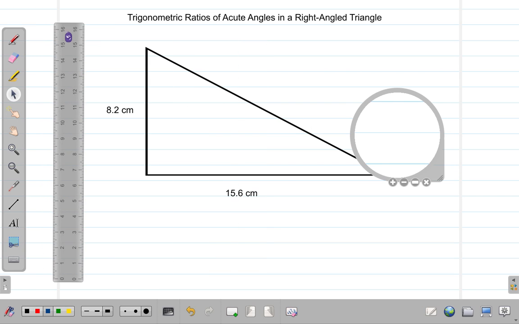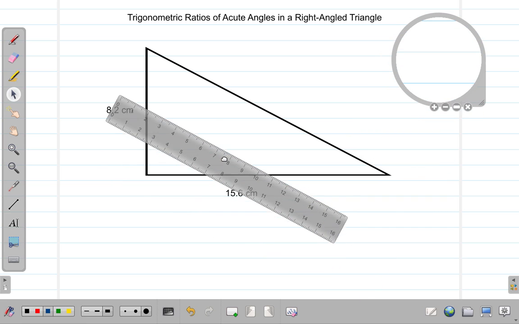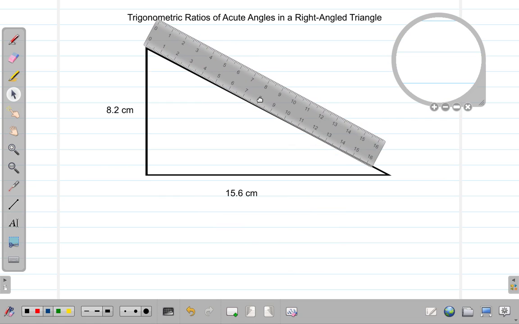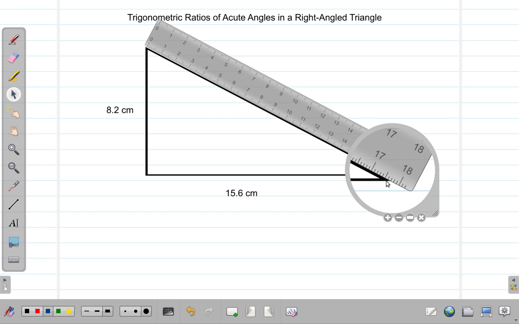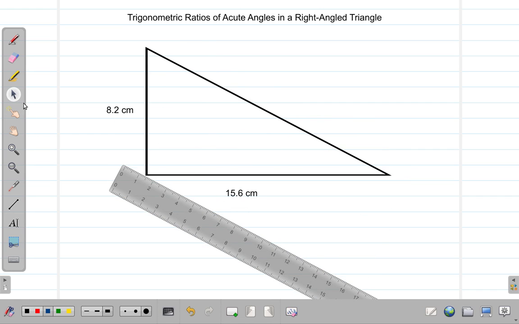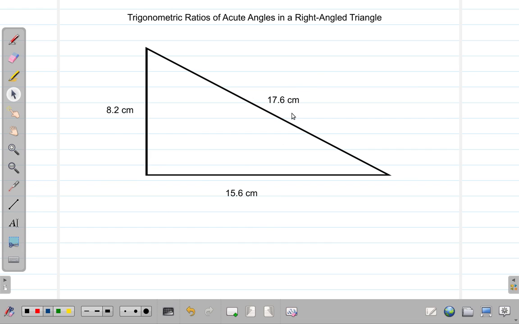Now, what is this length here? I want to measure from here, going down this way. We start from 0, and this looks like just about 17.6 centimeters. So this side is 17.6 cm. Now we're going to be doing some things with these measurements shortly, but before we do that,